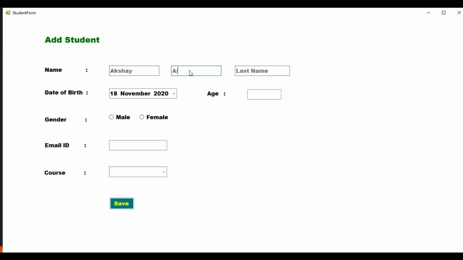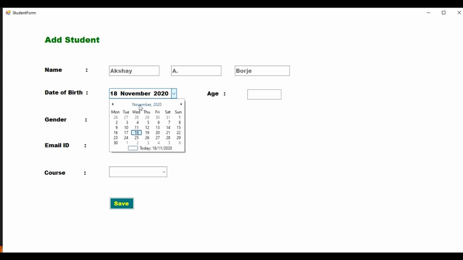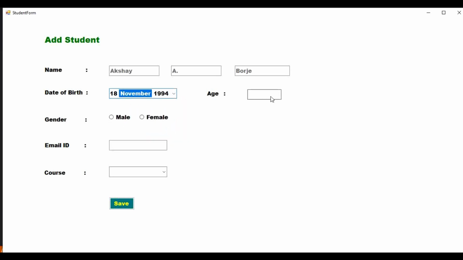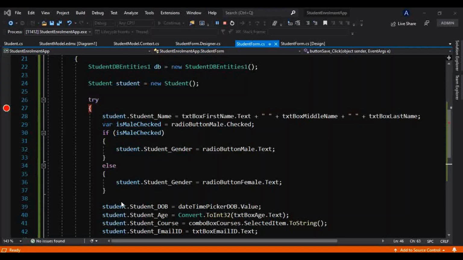First name and Bourget, 1994, I will provide a value here as well. Mail, I will select akbourget.4@gmail.com, and from courses I will select English and I will save this.